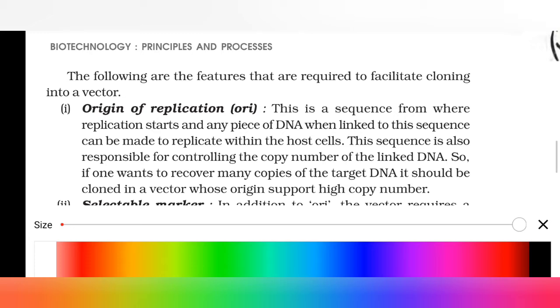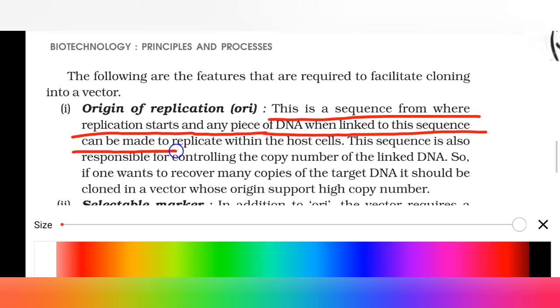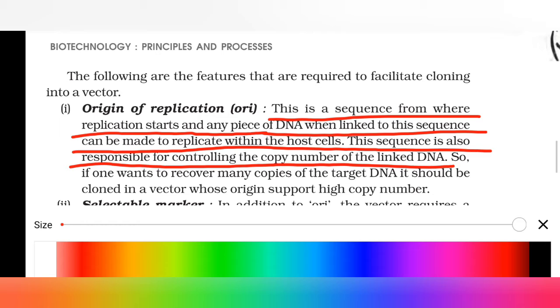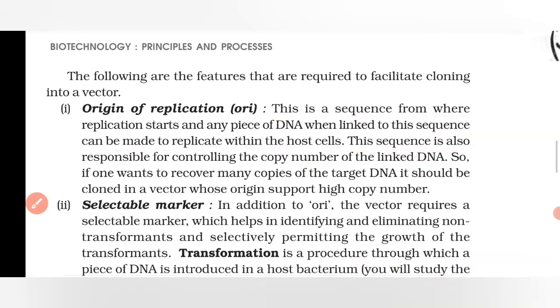The sequence which initiates the process of replication is the origin of replication, from where the replication starts, and any piece of DNA which when linked to this sequence can be made to replicate within the host cell, and this is also responsible for controlling the copy numbers of the linked DNA. So now we'll go to the next part,